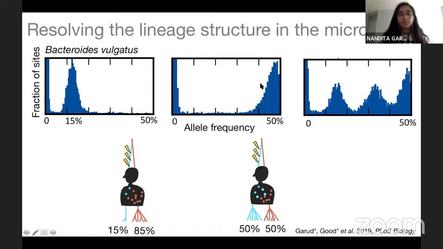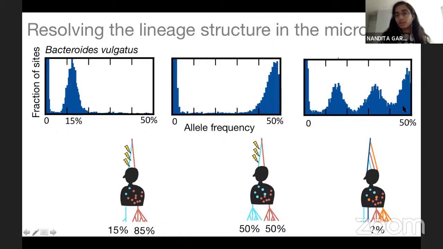And you can see similar patterns here, where this host was colonized by 2 strains at roughly 50-50 frequency, and this host seems to have been colonized by some complex mixture of 3, 4, or some other number of strains. Now, our goal here is to identify the genotypes corresponding to strains that we can actually track evolution on the background of that strain. And so what we want to do is focus on those samples in which we can confidently phase at least one lineage as genotype. This sample happens to be very complex, so we'll ignore it.